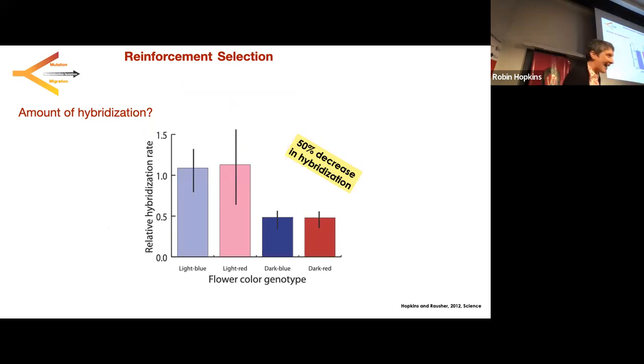So what we found was that the change in intensity, this shift from light to dark, from making a little pigment to a whole bunch of pigment, actually decreases hybridization by 50%. So you went from 40% of the offspring being hybrids to 15 to 20% of the offspring being hybrids. That's huge, right? And if we think about that strength of selection to decrease hybridization by 50% when hybrids are sterile, that gives us a pretty good idea that selection was probably pretty strong.